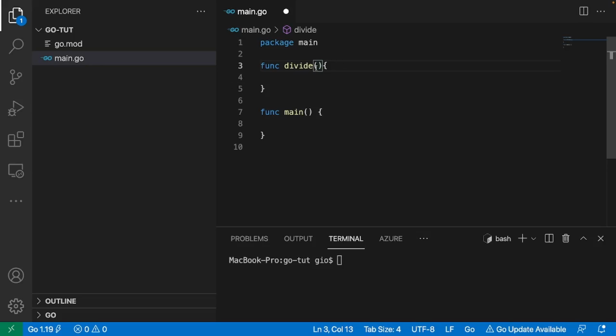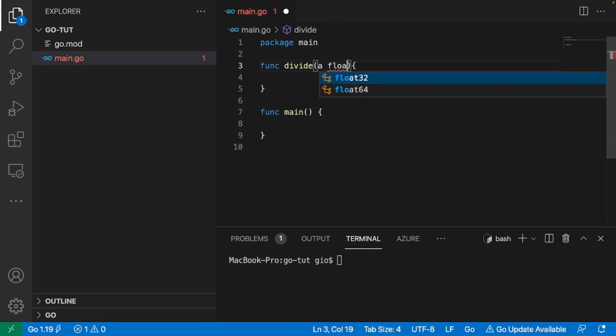Well, we can start specifying it, right? So let's create a name for what we're gonna accept inside of this function, and we're gonna create a thing called parameters. Parameters are inputs that we're taking into the function within these parentheses. So the first parameter that I'm going to put is a. I'm gonna call this a, and I am gonna accept a float32 because when you divide, you can always get decimals. So we should probably accept decimals from the beginning because we're probably going to return a decimal,